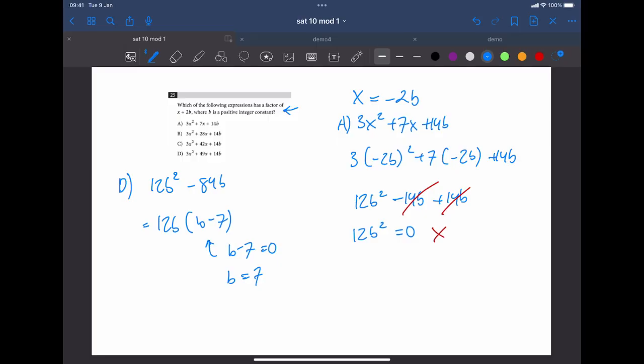I think a lot of these questions which say "has a factor of x plus 2b," the trick is that oftentimes we need to solve for x plus 2b by simply rewriting it as x equals negative 2b, or we can also solve for b. In this case, x would have been a lot easier, and so we plug this term into the given algebraic equation, and then you want to isolate and solve